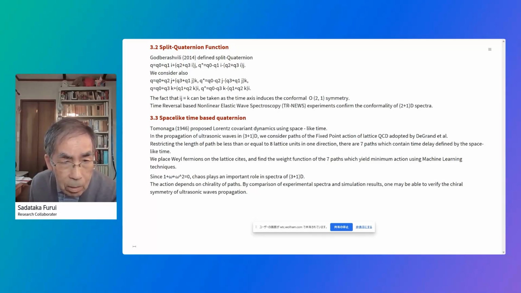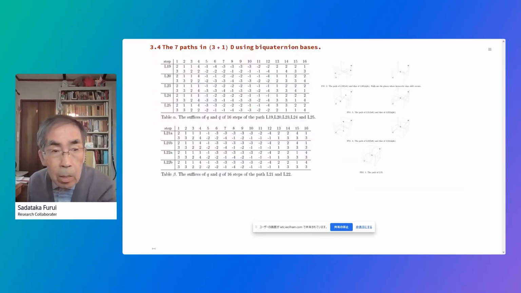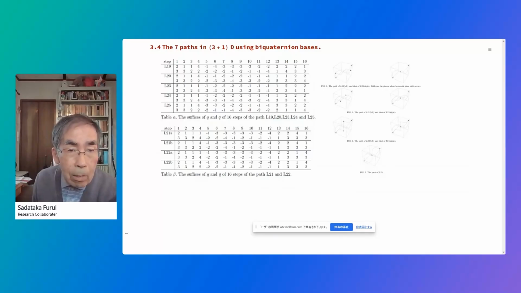The action depends on chirality of paths by comparison of experimental spectra and simulation results. One may be able to verify the chiral symmetry of the ultrasonic wave propagation. And this is the 7 paths of the 3-dimensional ultrasonic wave propagation. There are 7